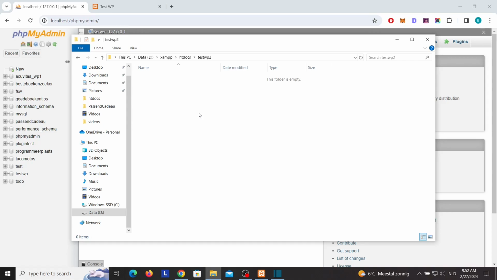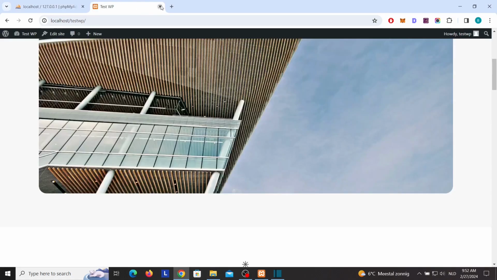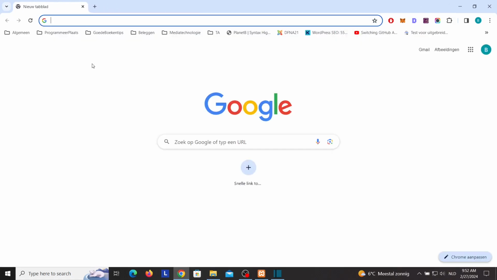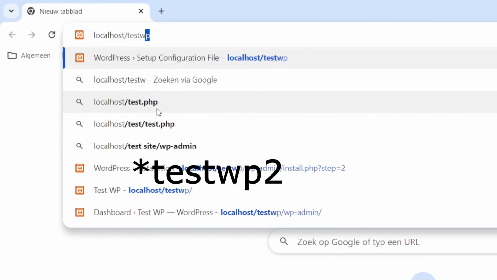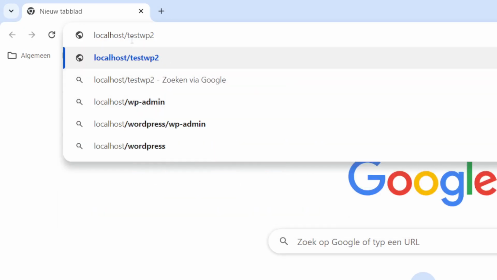Remember, when you have done that, you need to go to the browser again and go to localhost/testwp2. That is then the name of the folder for the second website you want to create. And when you click on enter, you can start the installation. So it's very easy.